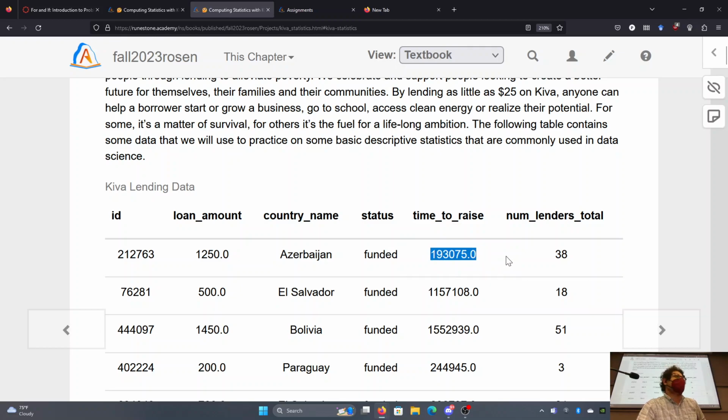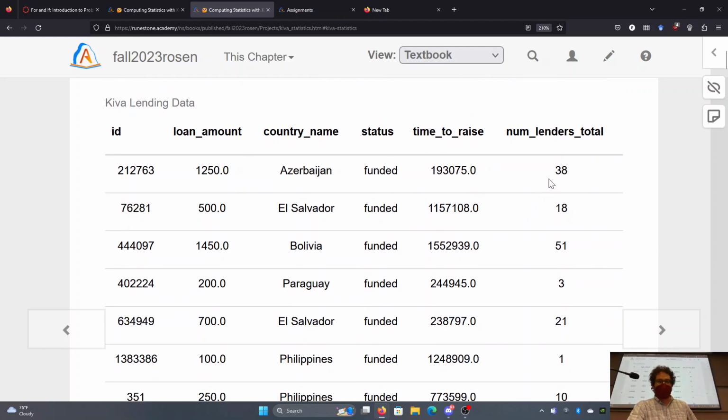So what do you suspect the unit for this one is? Seconds seems like a pretty good guess. Millisecond seems a bit too small. Hours is just hilariously long, and minutes feels like it'd be a lot too. Seconds seems like a good guess. And then number of lenders total. So in other words, how many people total